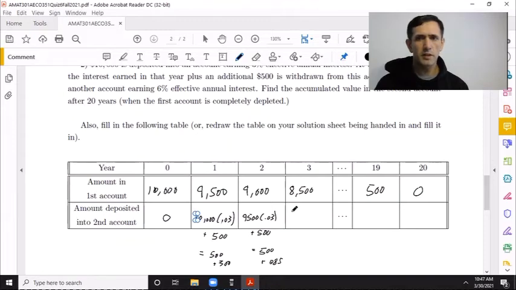So here it's going to be 9,000 times 0.03 plus 500, which is 500 plus 270. Keep going. This is going to be the previous year's interest, 1,000 times 0.03, which is just 30. And last but not least, 500 times 0.03 plus 500 is 500 plus